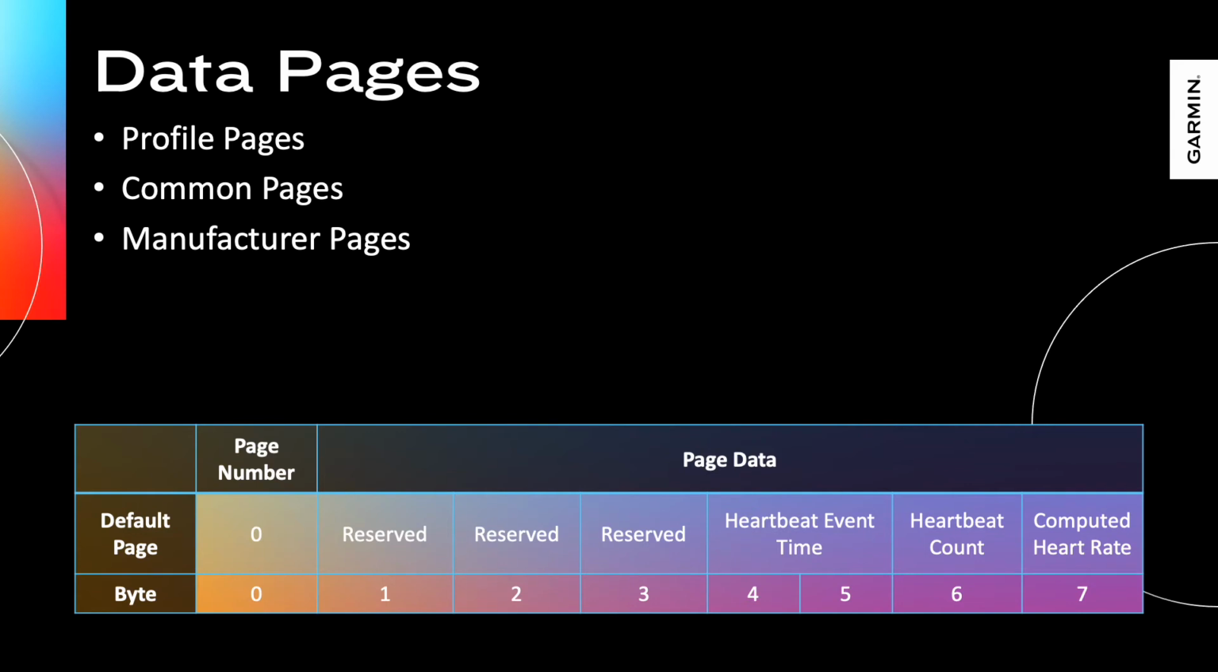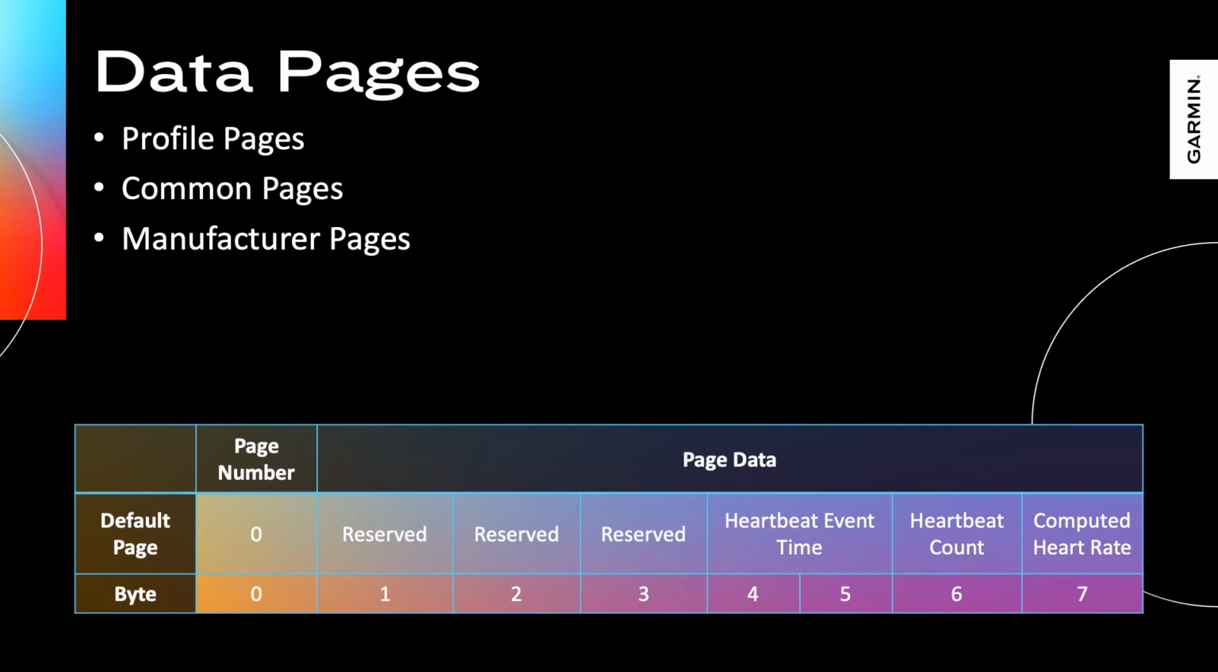There are 256 available pages in most profiles. Available data pages are broken up into 3 primary regions. Profile-specific data pages are unique for each profile. Common data pages carry the same definition across all profiles. Manufacturer-specific data pages are not defined by the profile, and each manufacturer with a unique manufacturer ID is free to